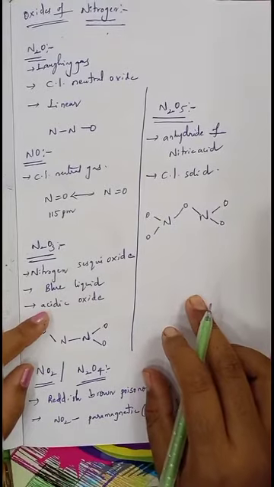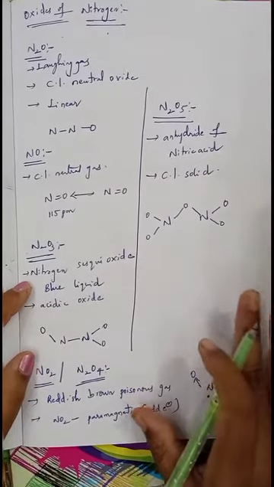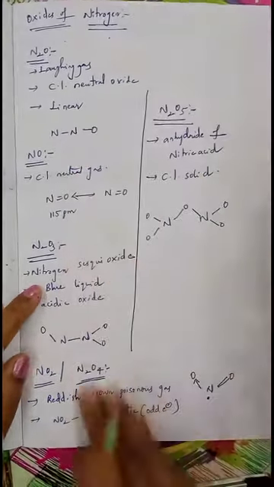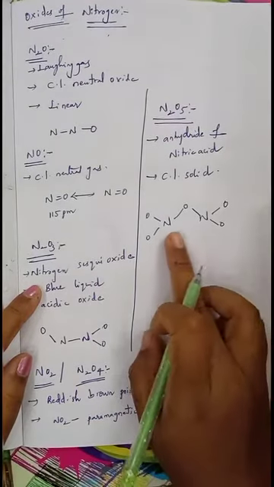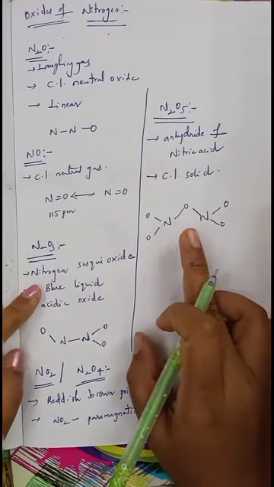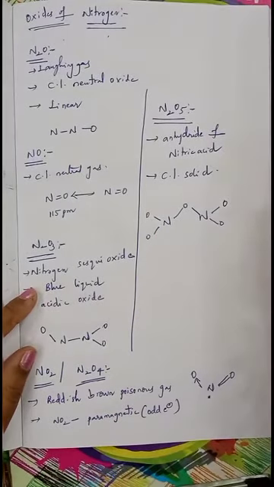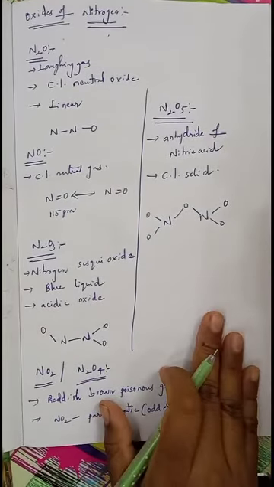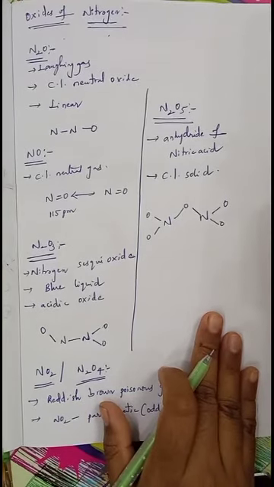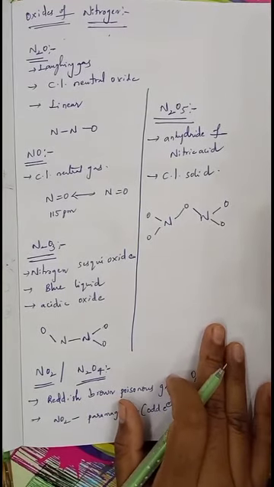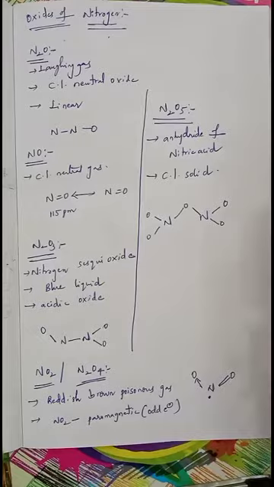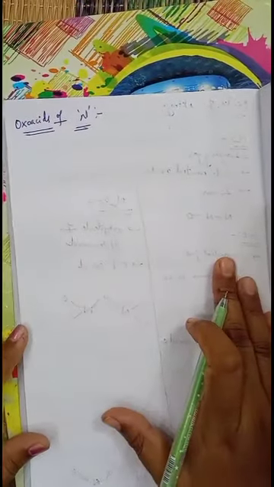Okay, so there is a question: which among the following is containing a bridge oxygen? All these others are not having a bridge oxygen, but this nitrogen pentoxide is having a bridge oxygen which can connect the 2 nitrogen atoms. So that is about the different types of oxides of nitrogen. Now we will discuss oxoacids of nitrogen.